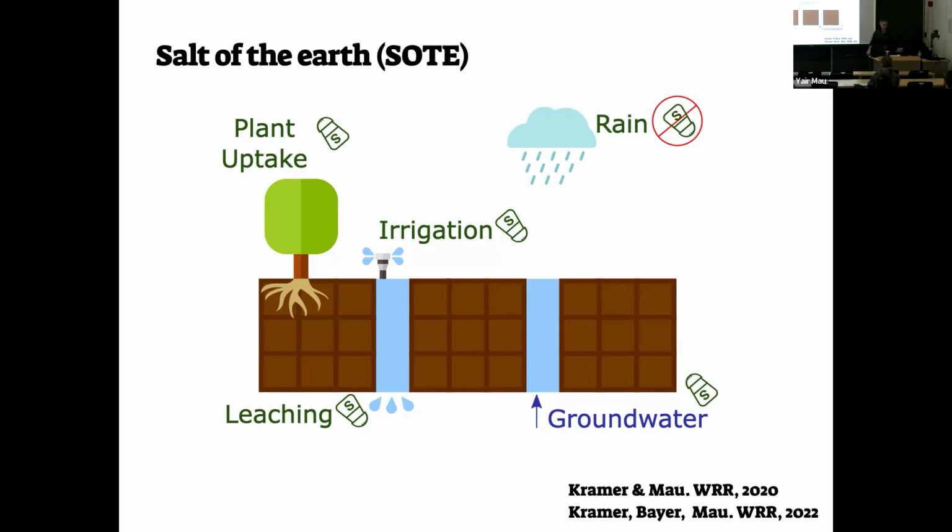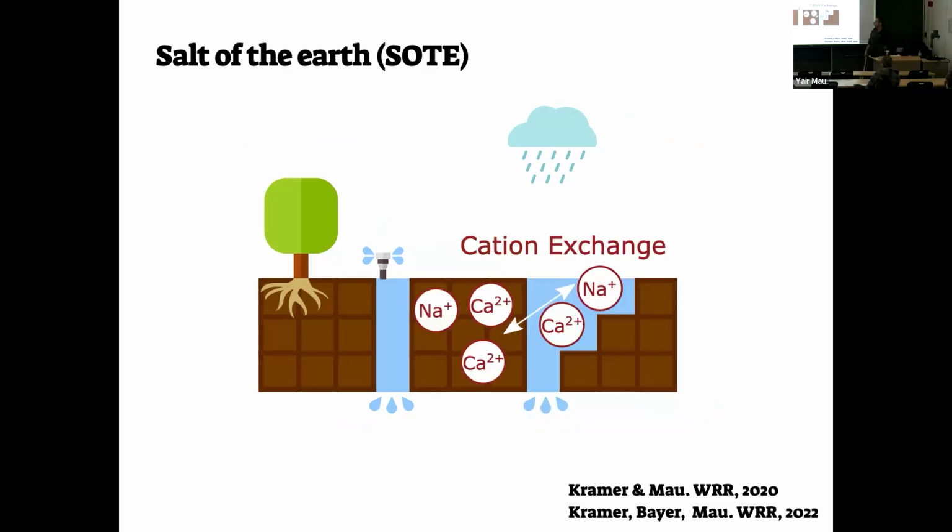So that's the second equation. And the third equation describes, so we talked about water, and then salinity, and this would be sodicity, in order to tackle the specific problem of sodium. So we have to keep track of the cations that are part of the salt in my system. Here we make an assumption.